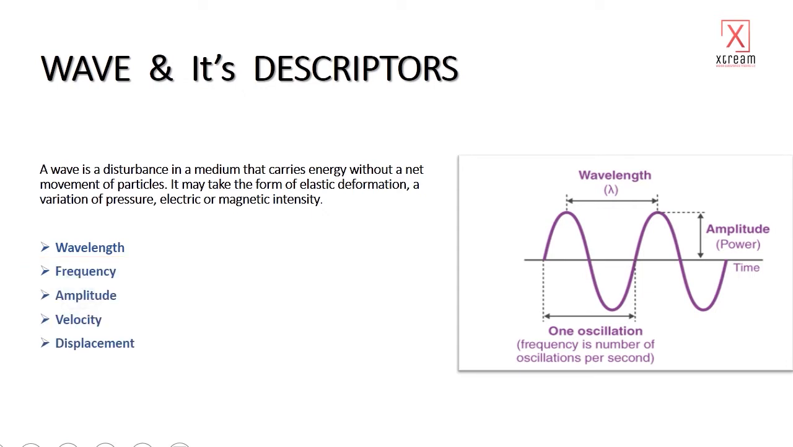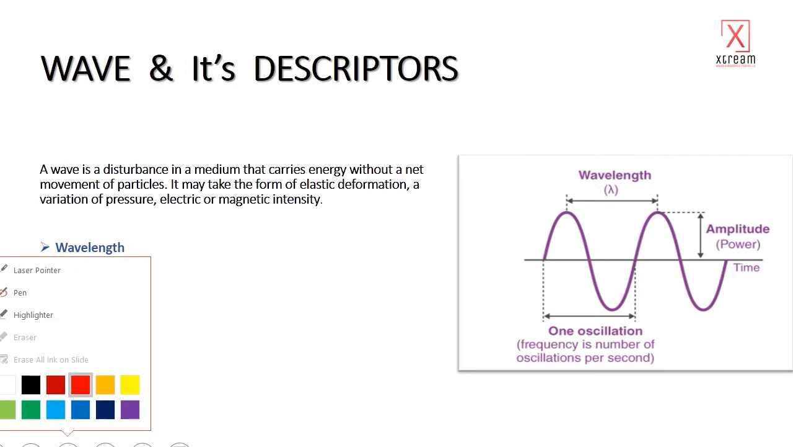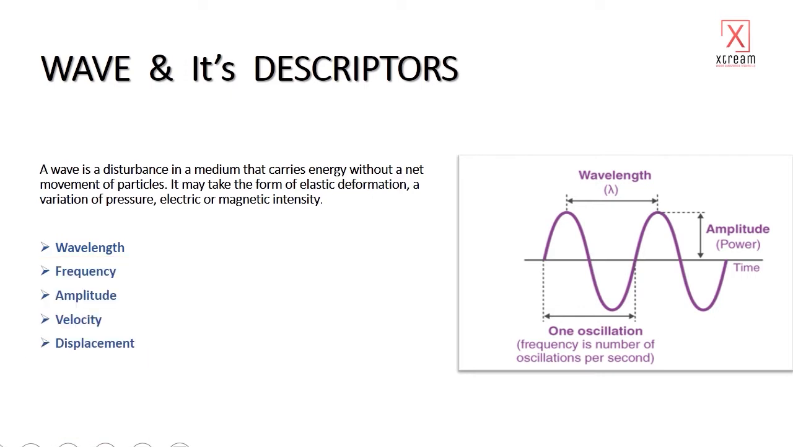Now the fifth one is displacement. So what is displacement? Displacement in a wave is the position of a particular point in the medium as the wave passes. Like we can say that we have a particle over here, and when the wave is passing through that particle, over here or over here,